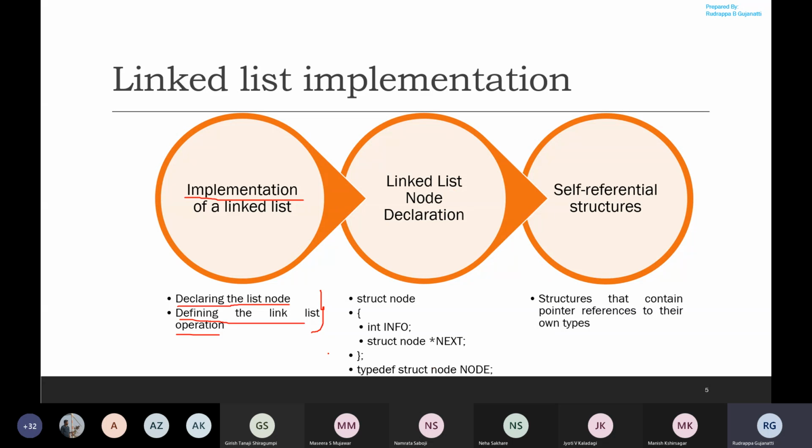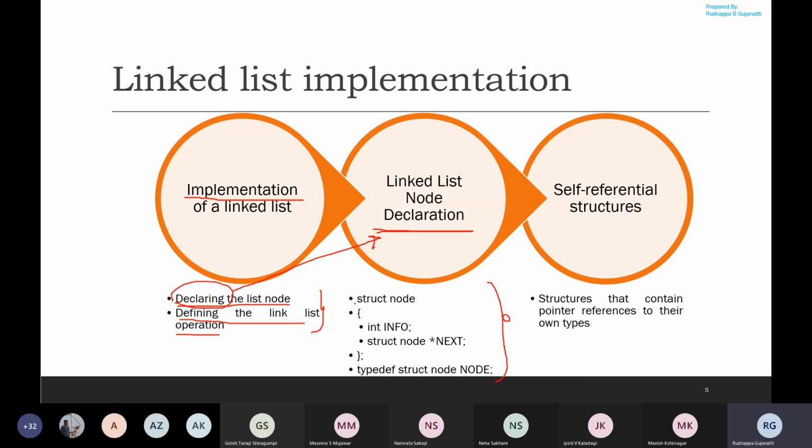When we look into the declaration part of the node, what all do we have to think of when declaring a node? In order to declare a node, we make use of the structure declaration. We can observe here that we have made use of a declaration with respect to structure.